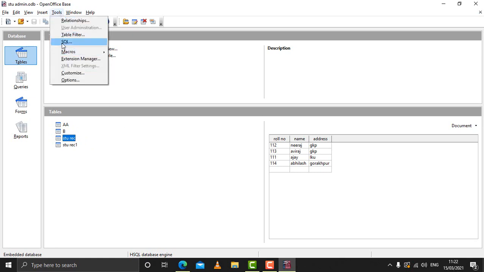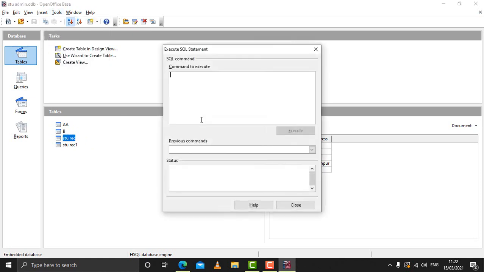For that you need to go to tools and then to SQL. The command window appears, and from here you write the same command, select star from STUREC, that is the name of the table, and the condition you give with the command where.